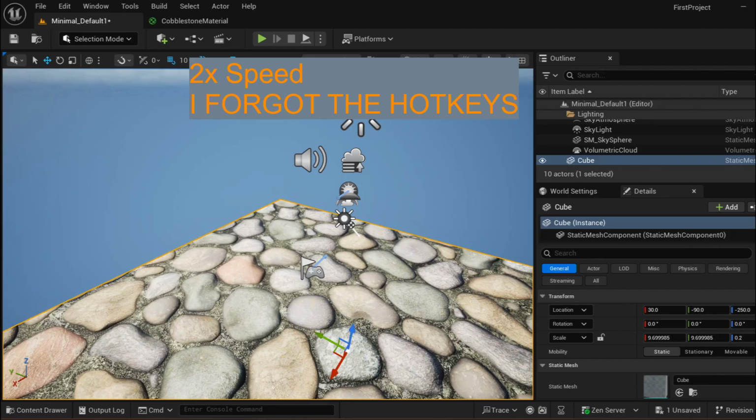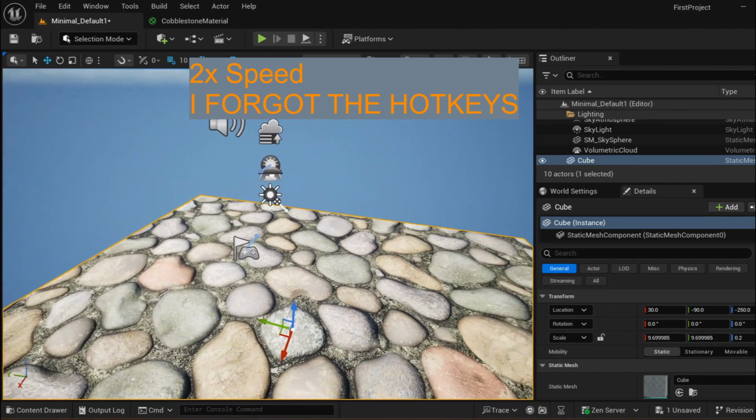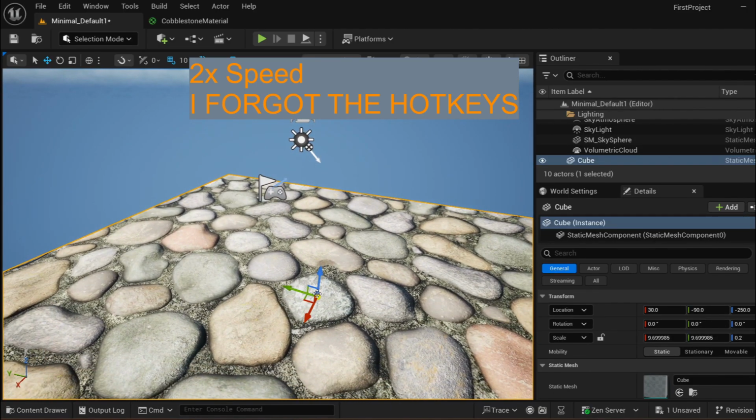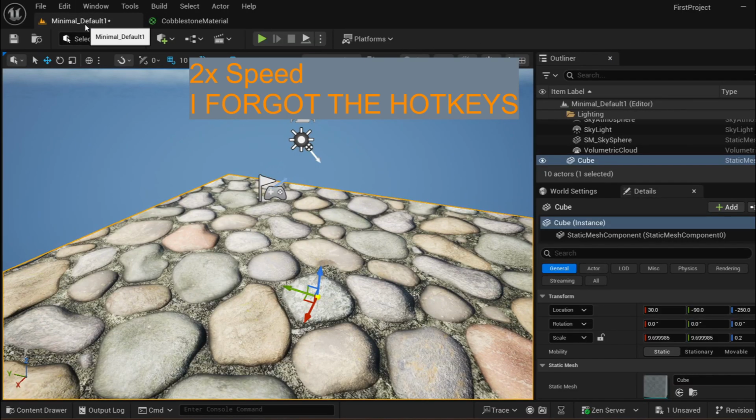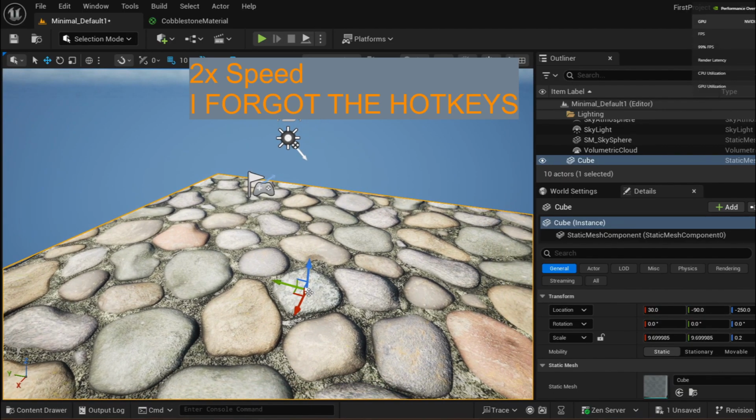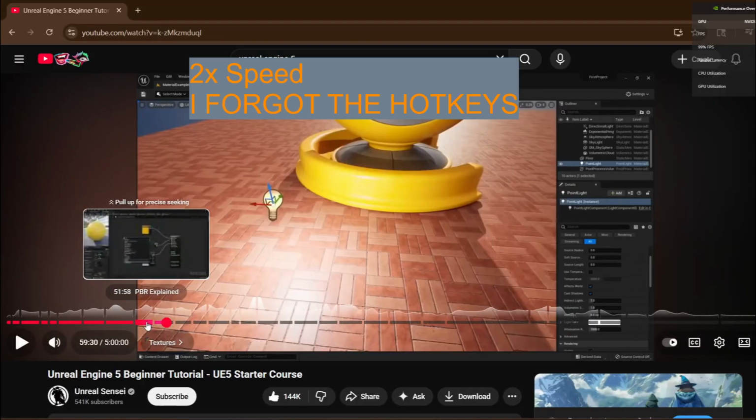Is it alt? We gotta go back because I've already forgotten some quick keys. Like, what is